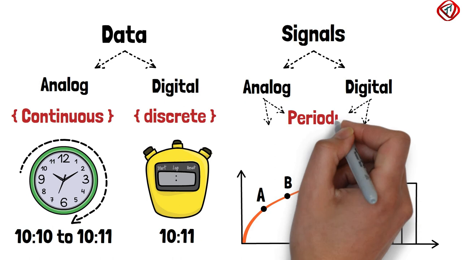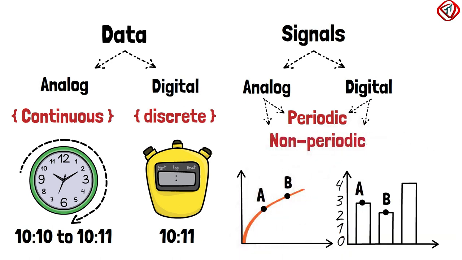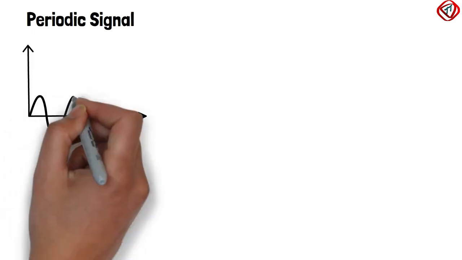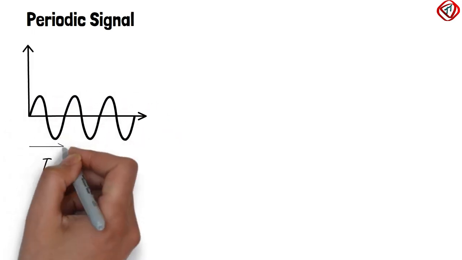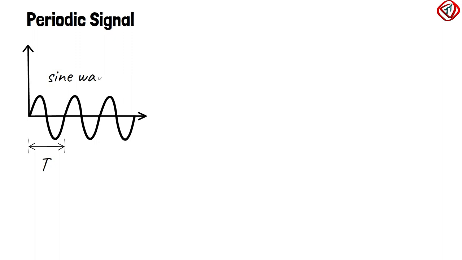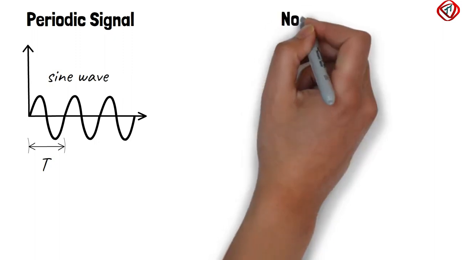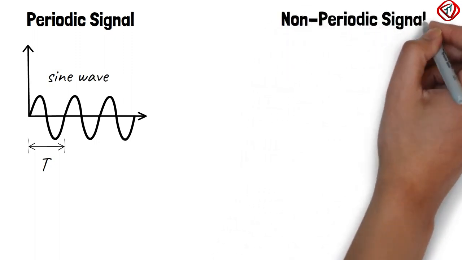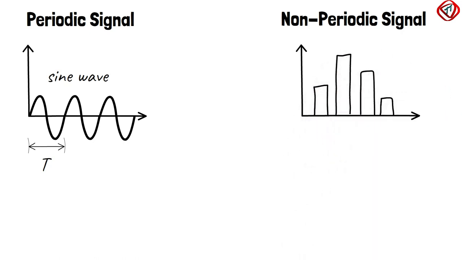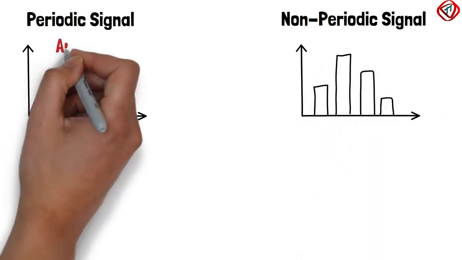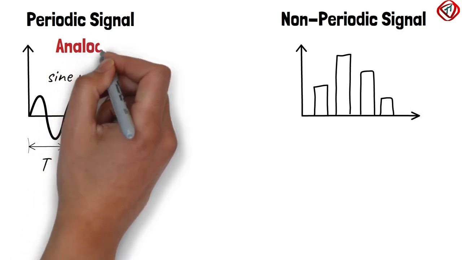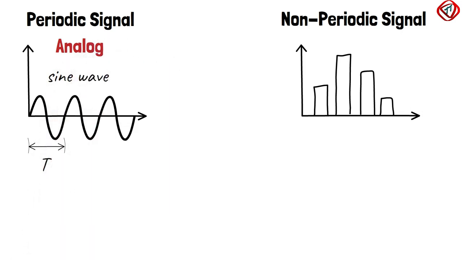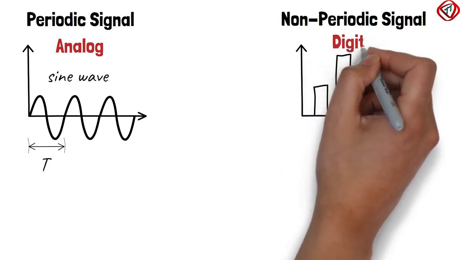A signal can be periodic or non-periodic. Periodic signal is one which repeats the same pattern after a fixed time frame. For example, a sine wave. On the other hand, a non-periodic signal does not repeat over time. In data communication, we commonly use a periodic analog signal because they need less bandwidth, and non-periodic digital signal to